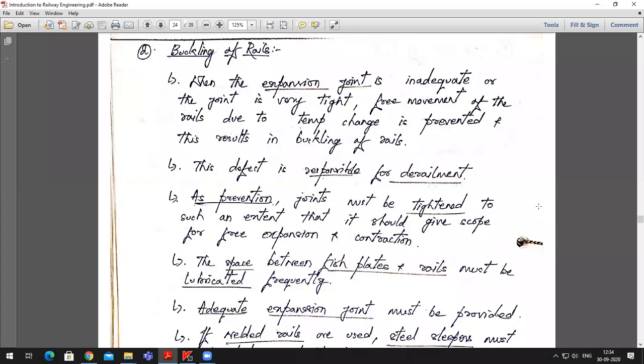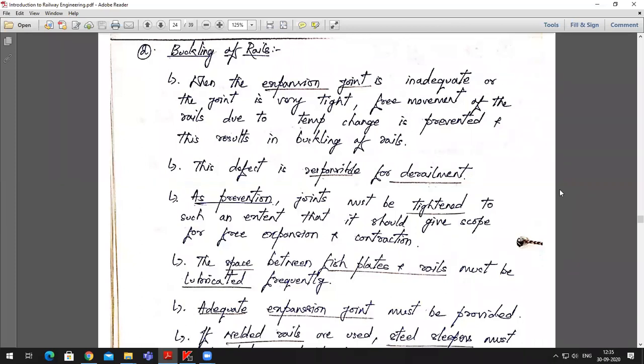On similar grounds, such a heavy vehicle, when it moves on a railway track, and if this buckled section comes across, the whole vehicle gets lifted and it gets derailed. So this defect is basically mainly responsible for the derailment of most of the trains that we see. Whenever a train accident happens, it's a huge loss. There will be loss of money, there will be loss of lot of lives. So you cannot take risk in such cases.